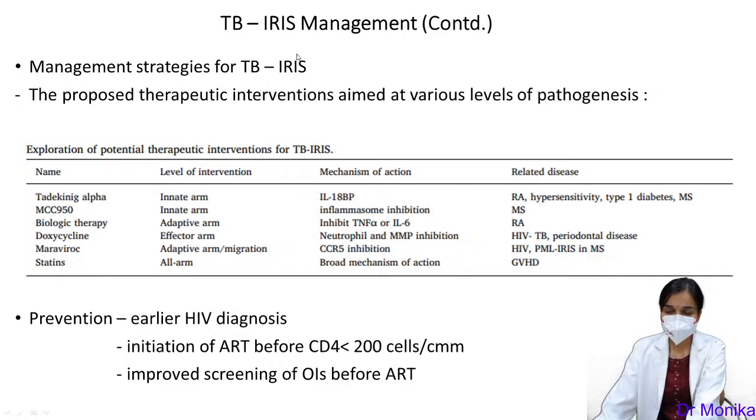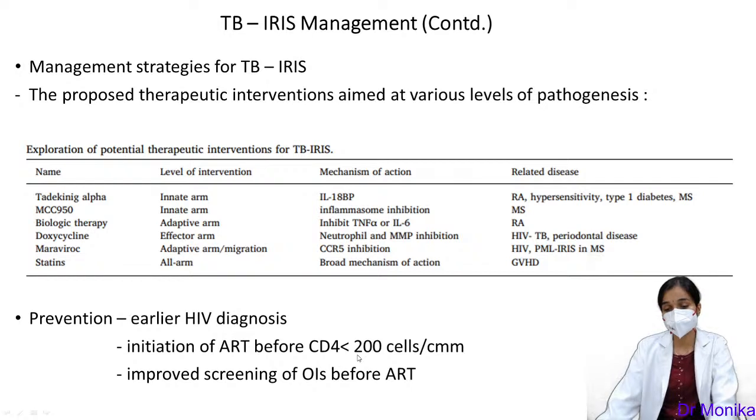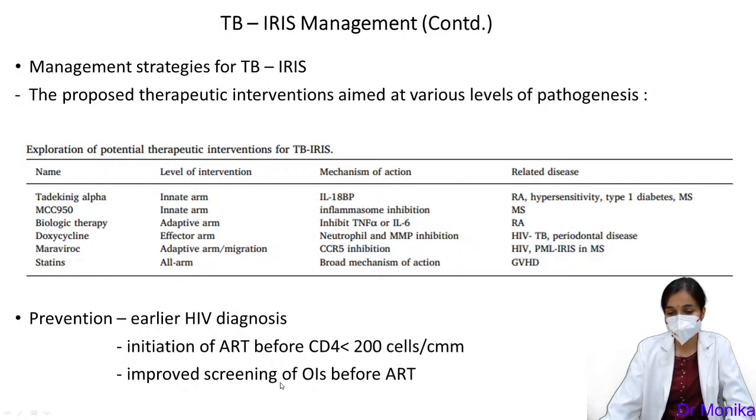Coming to the management strategy for TB-IRIS, as we know, only one treatment, prednisone, is available, and that is also not FDA approved. So there are proposed therapeutic interventions aimed at various levels of the pathogenesis, which can be considered for the treatment of this disease, like MCC950, doxycycline, maraviroc, and statins. However, prevention is better than cure, so early HIV diagnosis and initiation of ART before the CD4 count falls below 200 cells, and improved screening for opportunistic infections before ART, could help us in preventing